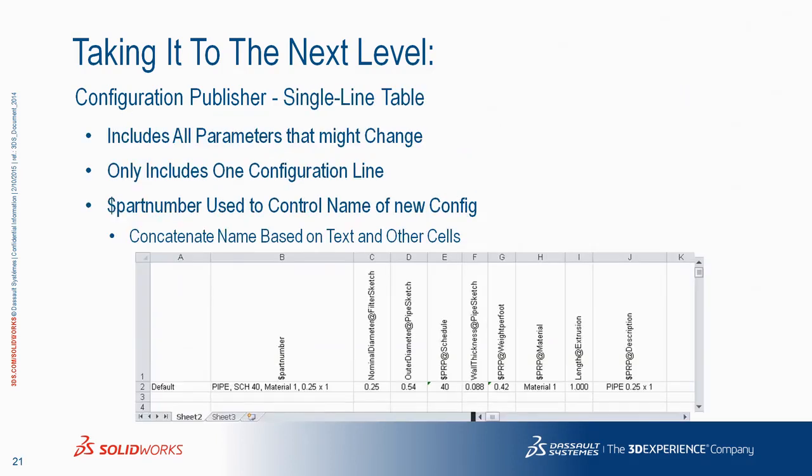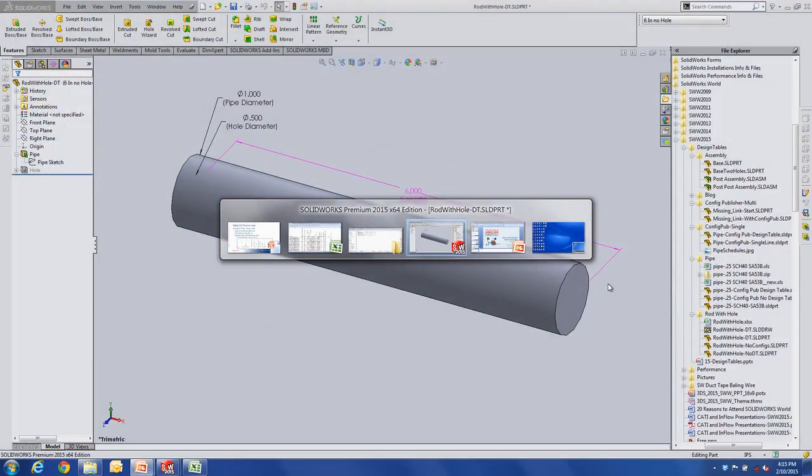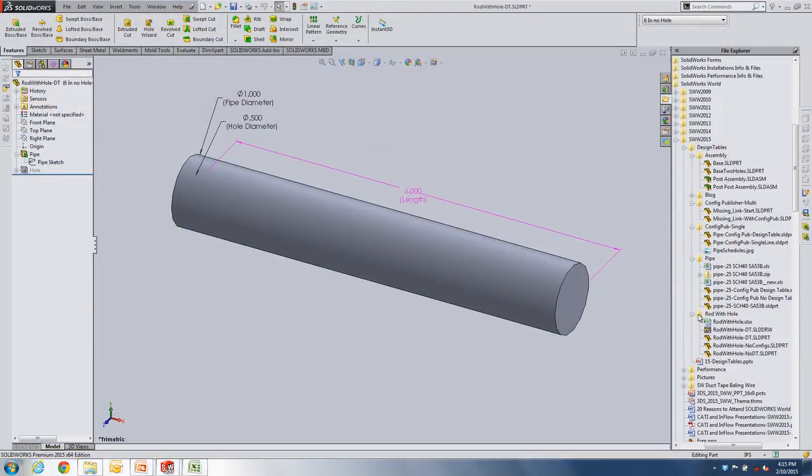There are two different ways that we can build these config publisher files. We can do a single line design table, so it includes all the parameters that might change, but only includes one configuration line. You need a $PARTNUMBER, which is used to control the name of the new config. In my case here, I use concatenations based on text and other cells, kind of like I did in that other example. So when we jump over to Excel,